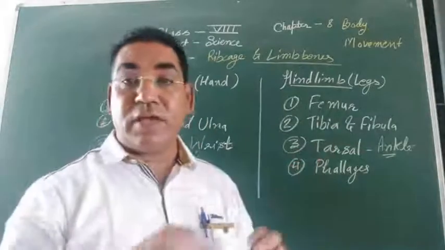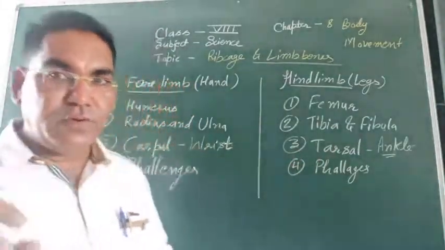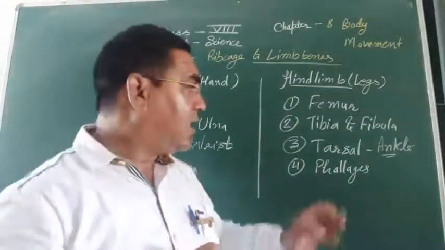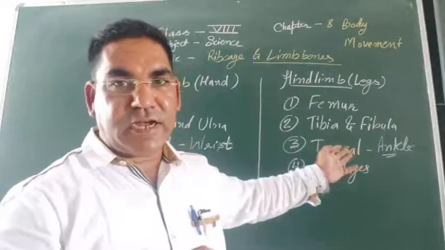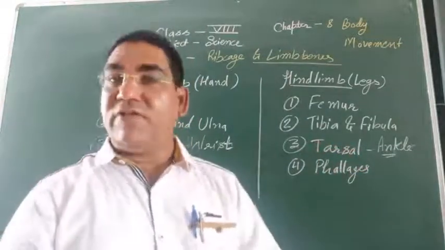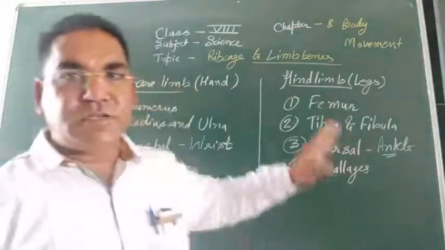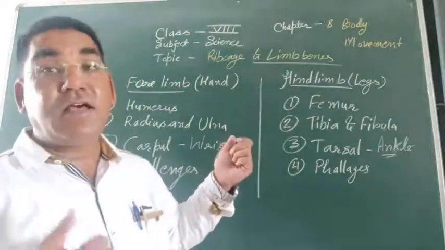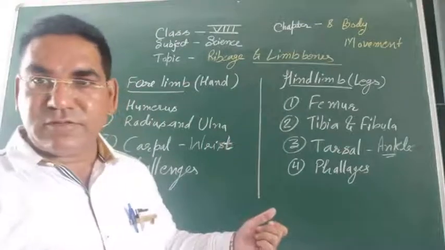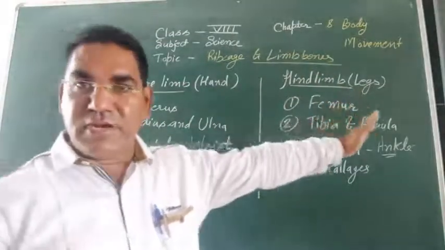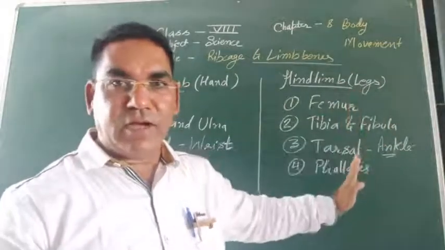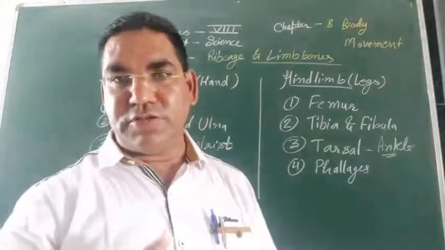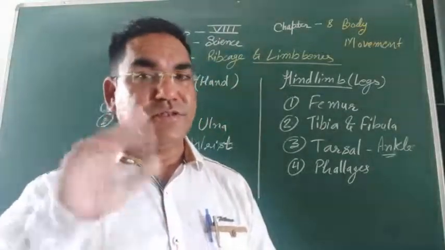Next one, the ankle joint. Shake your leg, that is the ankle joint, and here are the tarsal bones, and last one, phalanges. Got it? So forelimb bones: humerus, radius, ulna, carpals and phalanges. Hind limb bones: femur, tibia, fibula, tarsals and phalanges. Phalanges, toes. पैरों की उंगलियों को क्या कहते हैं? Toes. These are fingers.